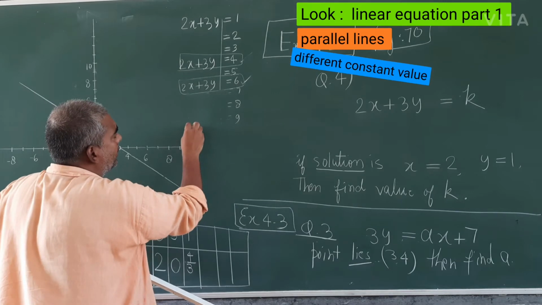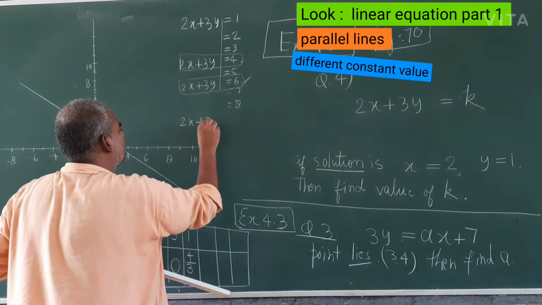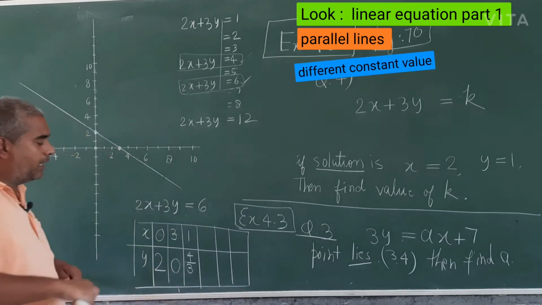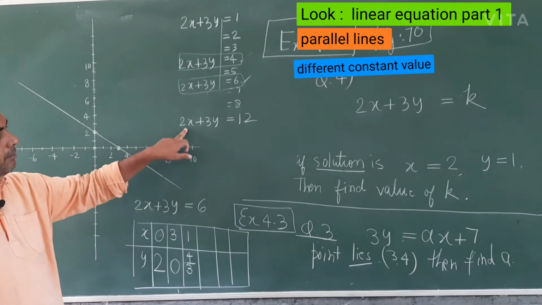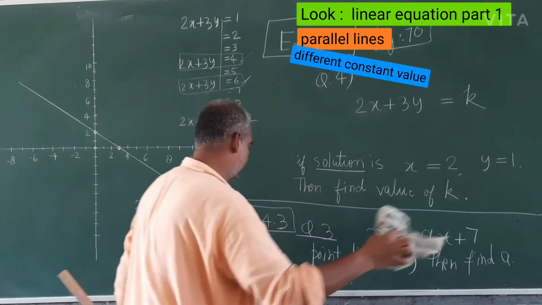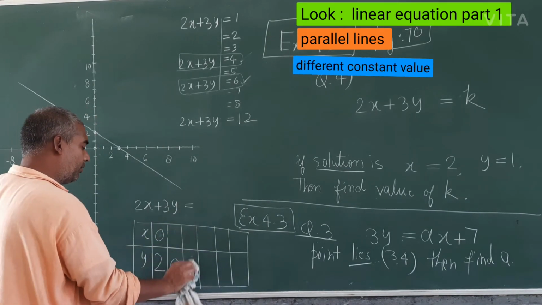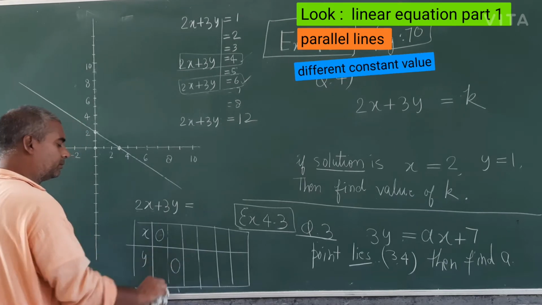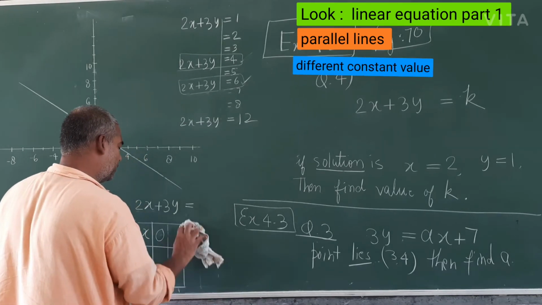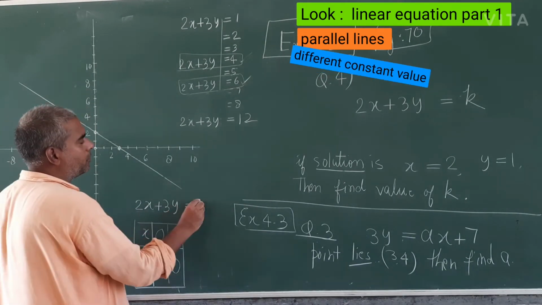After that let me draw 2x plus 3y is equal to, suppose, 12. Let me take 12 because it is again simple. So this is the line. You have confirmed the same line, but I have changed the variable: 2x plus 3y is equal to 12. The same procedure I will follow, because to draw any line only 2 points are required.